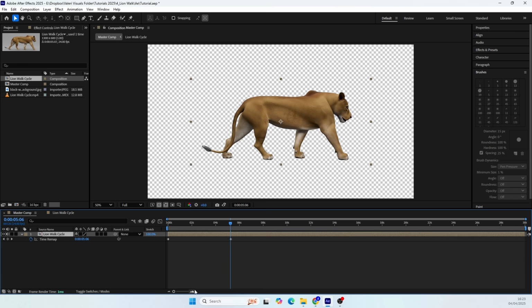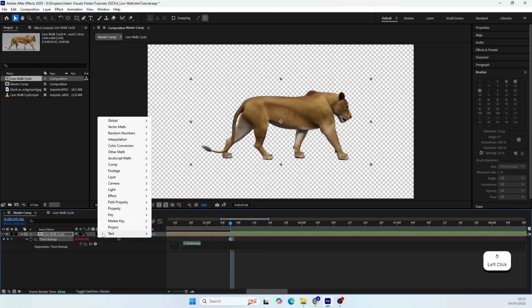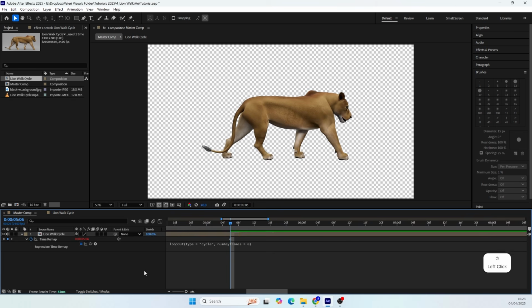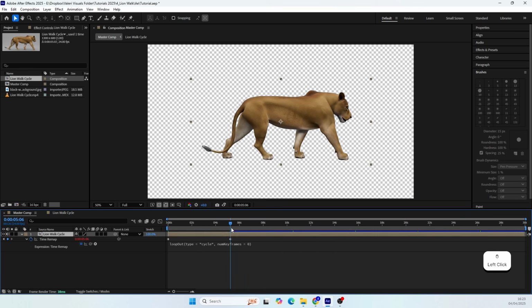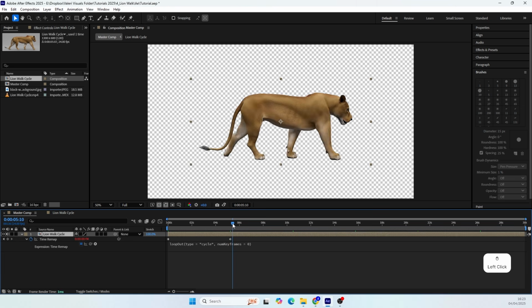But before that, we must stand one frame before the final keyframe and create a new keyframe here. Then delete the last one. This will ensure we don't have problems after applying the expression. If you see the pre-comp cropped like this, all you need to do is extend this layer, and now what's